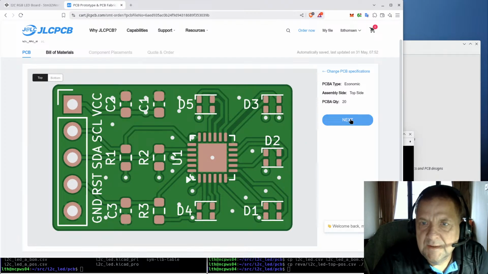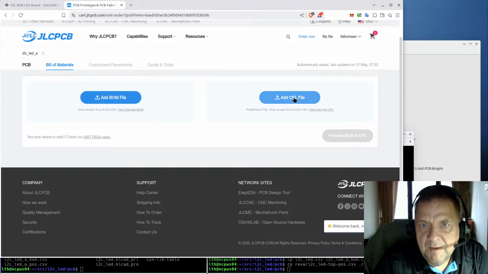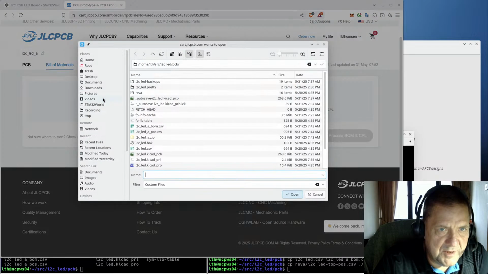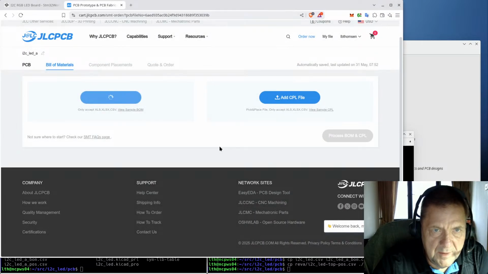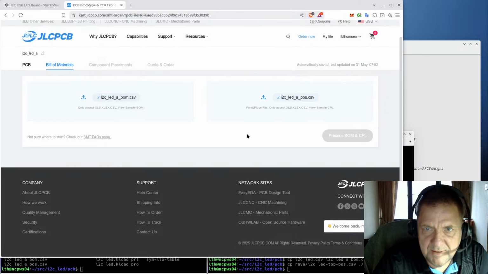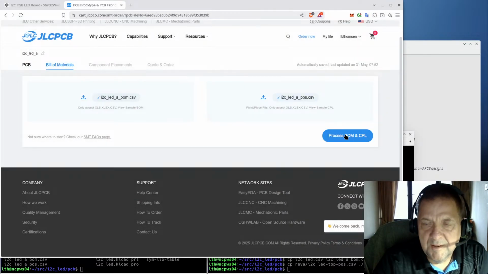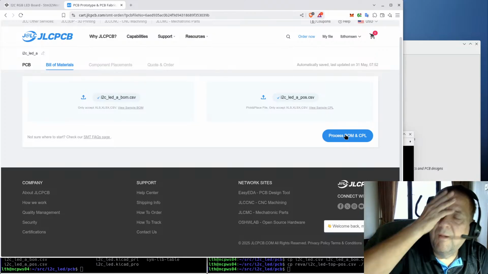Next, now we have to upload the bill of material, BOM, and the positioning file. So we go in here and select our BOM CSV and upload that to them, and then we select the position CSV and upload it to them. Let's try to process that. Now you will almost inevitably